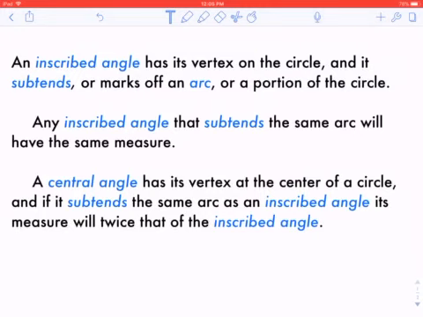And then the third point, extremely important, is that a central angle has its vertex at the center of the circle, and if it subtends the same arc as an inscribed angle, its measure will be twice that of the